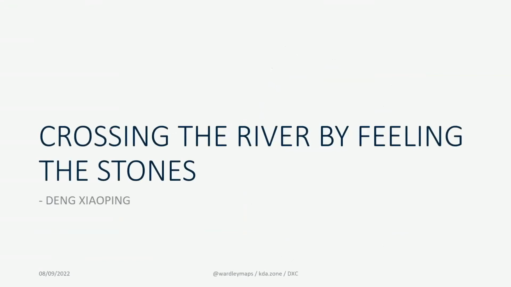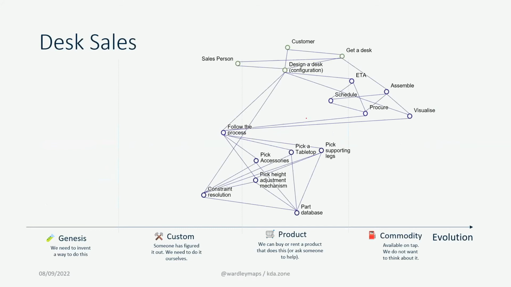A part of Wardley mapping is this philosophy of crossing the river by filling the stones. What does it mean? That the long-term plans rarely work. You have to focus on the here and now and experiment as much as you can to remove the uncertainty. So if you think about this business,